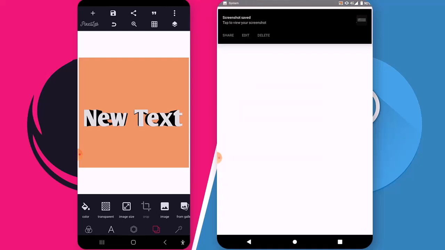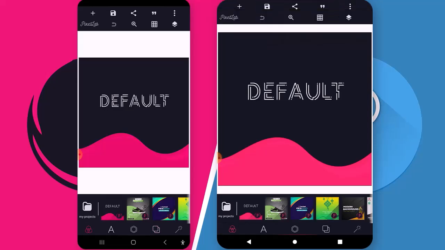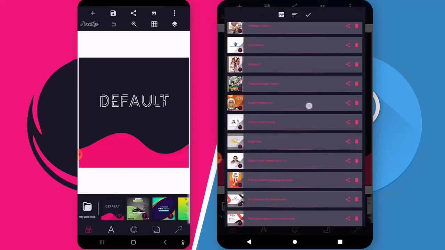Okay. Now, if I go to my projects, you're going to see all my projects from the other Pixellab folders are here. Now, my recent projects that I did with the new Pixellab are gone. So that's another importance of